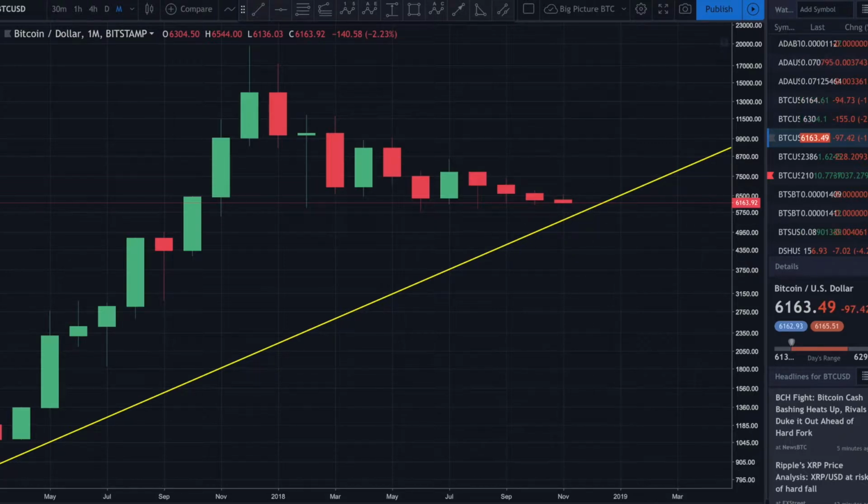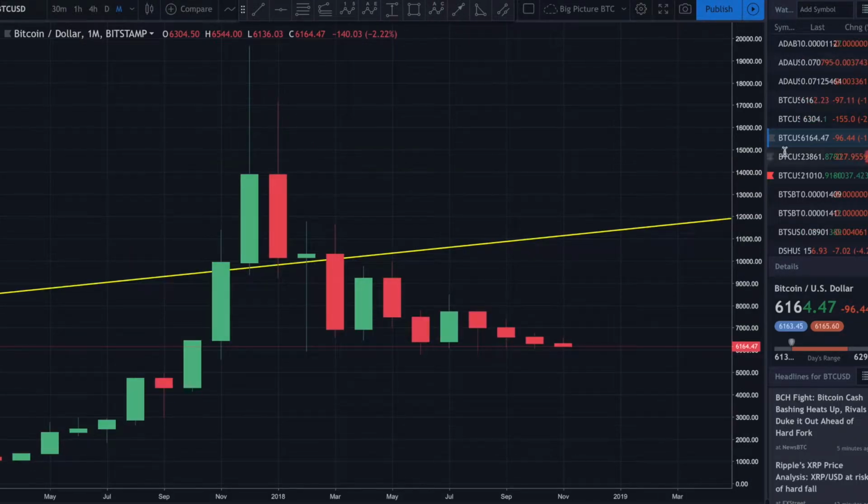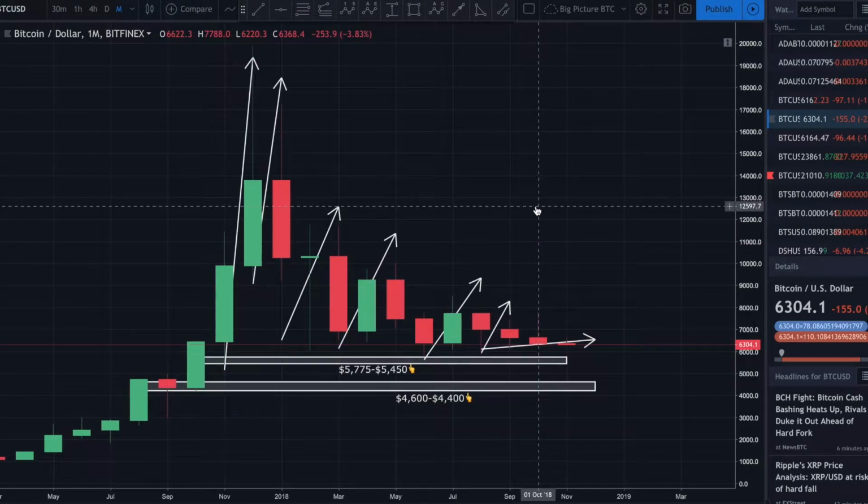But one of the things that we're keeping an eye on, why I find it kind of possibly just a coincidence, we'll have to see. Even if we did come back down and test this trend line, that trend line sits at about 5,500-ish, somewhere thereabouts. Now, if I take log scale off and go back and look at the bigger picture here,